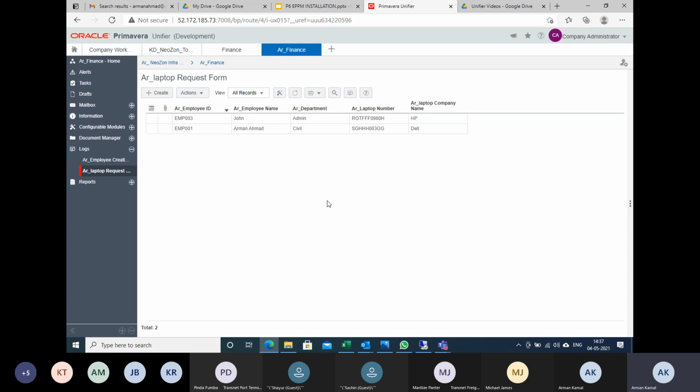Once her details are created here, she should get in and raise a request for a laptop, and that request must come to me. I will review and submit that request, I will approve it, and only then will she get the laptop request approved. So this is the scenario Pinda is looking for. I think this is the same scenario, Pinda. Yes, that's correct.